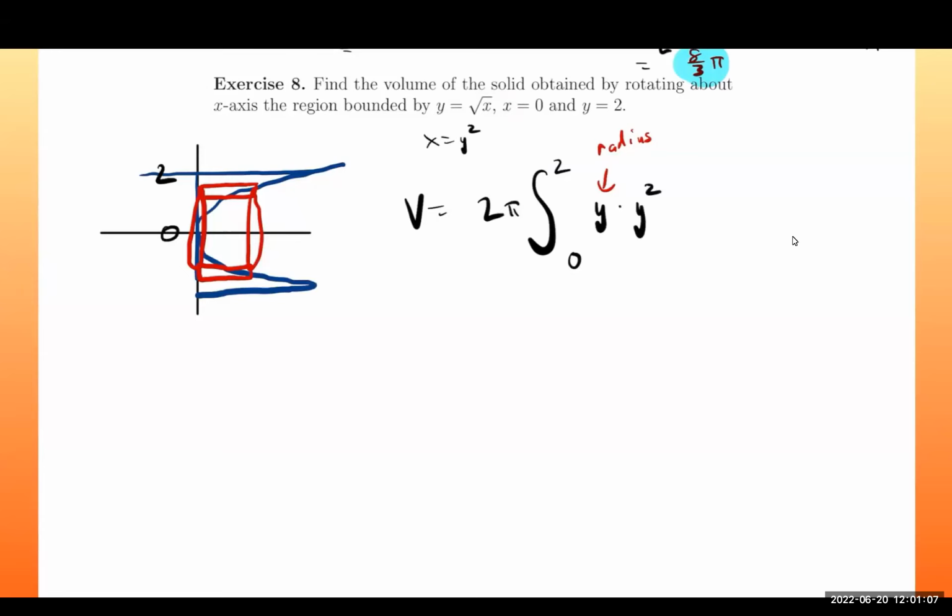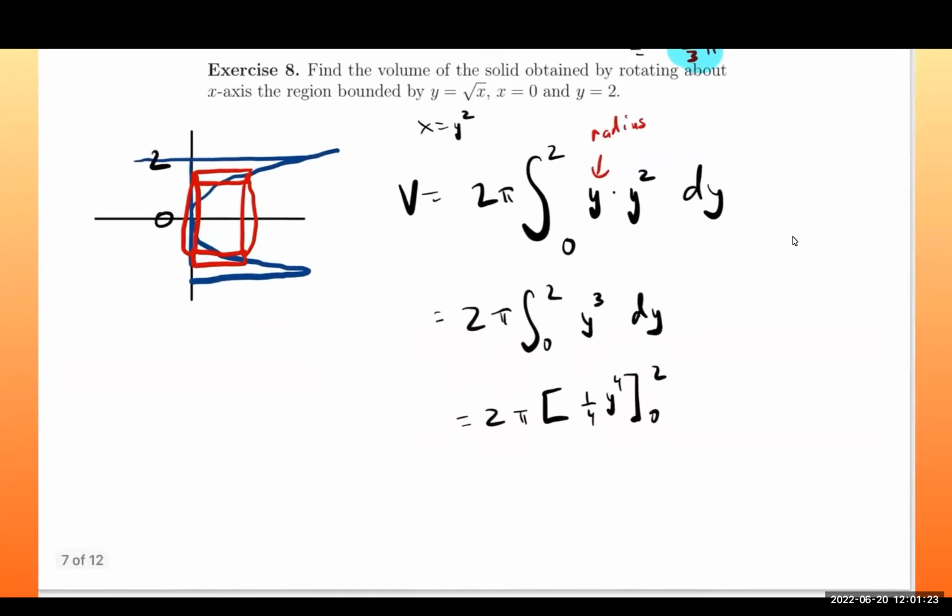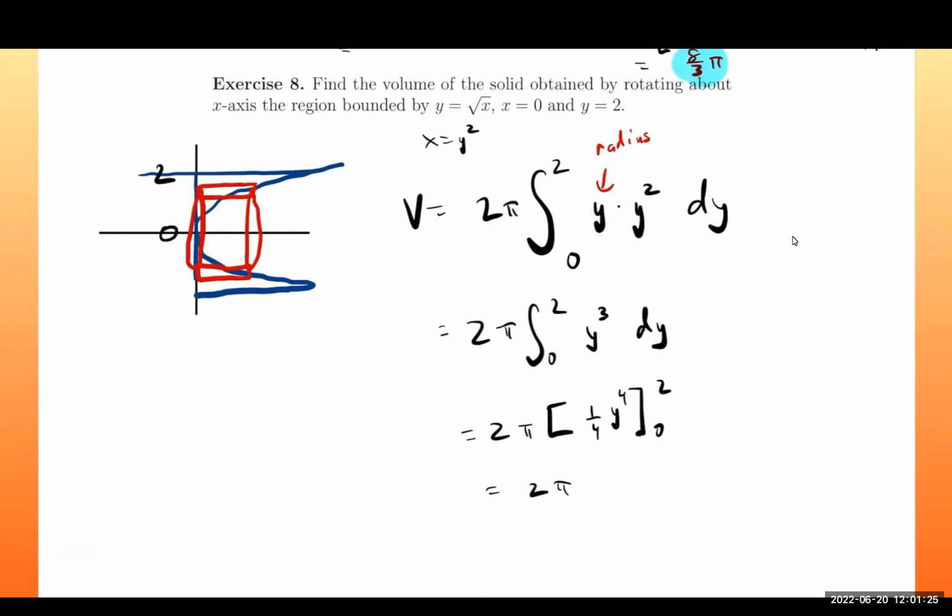All right, this is all with respect to y, so that is going to be 2 pi, 0 to 2, y cubed with respect to y. That's going to be 2 pi times 1/4 y to the 4th, from 0 to 2. That's going to be 2 pi times 16 fourths, which is 4. The 0 we don't even have to plug in. That is our final answer, 8 pi. And that concludes